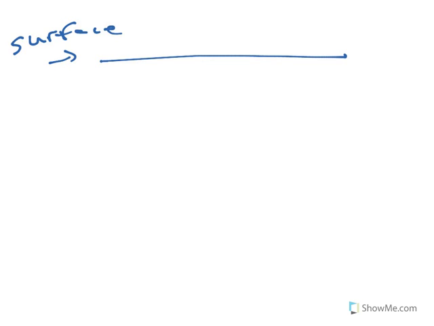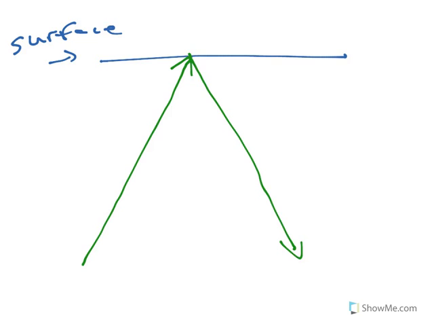So reflection is where you have a surface. So this is a surface, and a wave will come in and strike the surface. So in green, I'm going to make the wave coming in. It's going to strike the surface. Now this can be a light wave or sound wave, and then it's going to leave the surface. Alright? Now, there's something called a normal, and the normal is drawn at a 90-degree angle, or a perpendicular angle